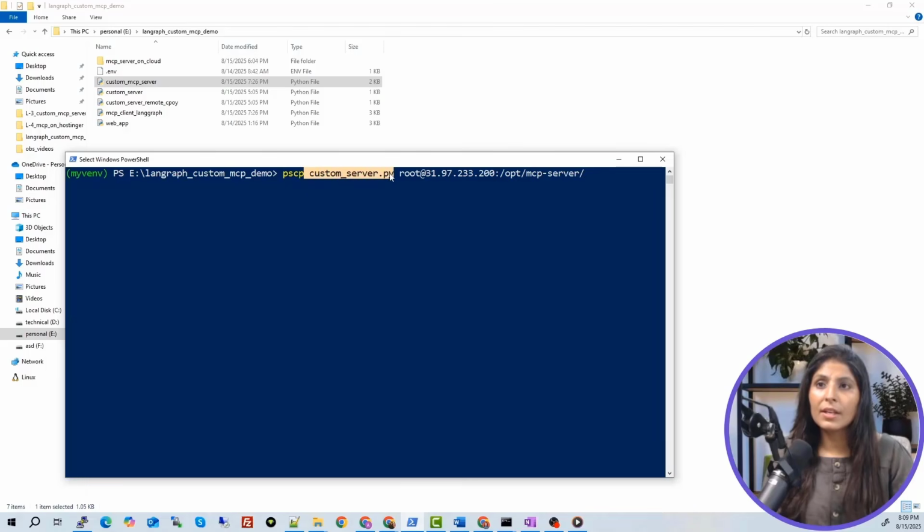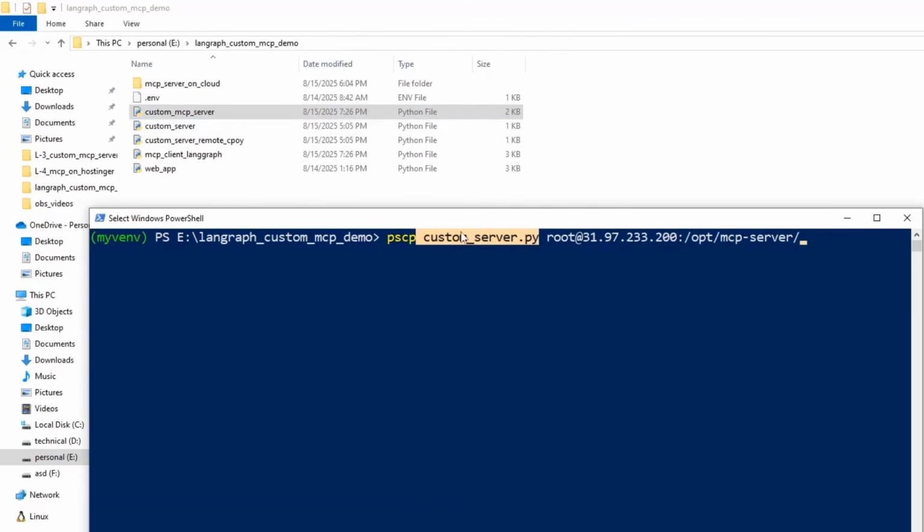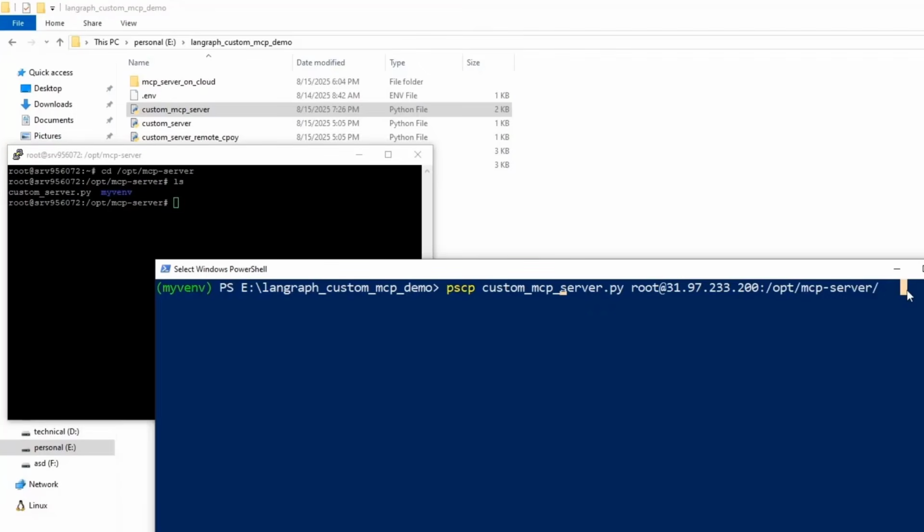Then you will write the file name, and our file name is custom_mcp_server.py, and where we want to send this file, we want to send this file at this IP address, and at this remote machine we have this folder, and inside this folder only we want to paste this file and you'll hit enter. It will ask you the password of your VPS machine, so you will write that.